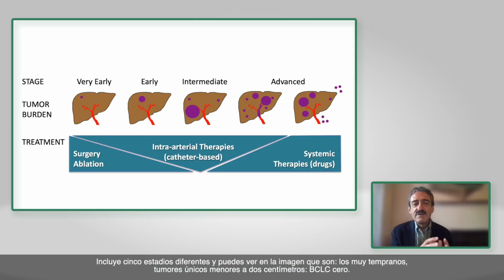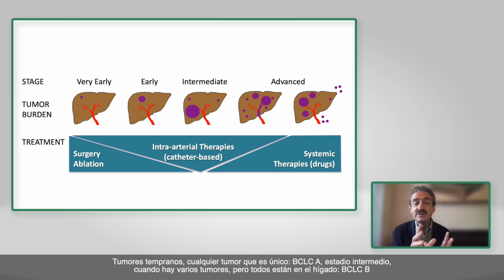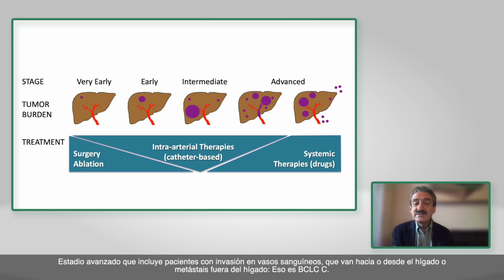It includes 5 different stages, and you can see in the slide that they are: the very early ones, single tumors smaller than 2 centimeters, BCLC 0; early tumors, any tumor that is single, BCLC-A; intermediate stage, when there are multiple tumors but all of them are within the liver, BCLC-B; advanced stage, that includes patients with invasion of the vessels that go to or from the liver, or metastases outside the liver, that's BCLC-C;